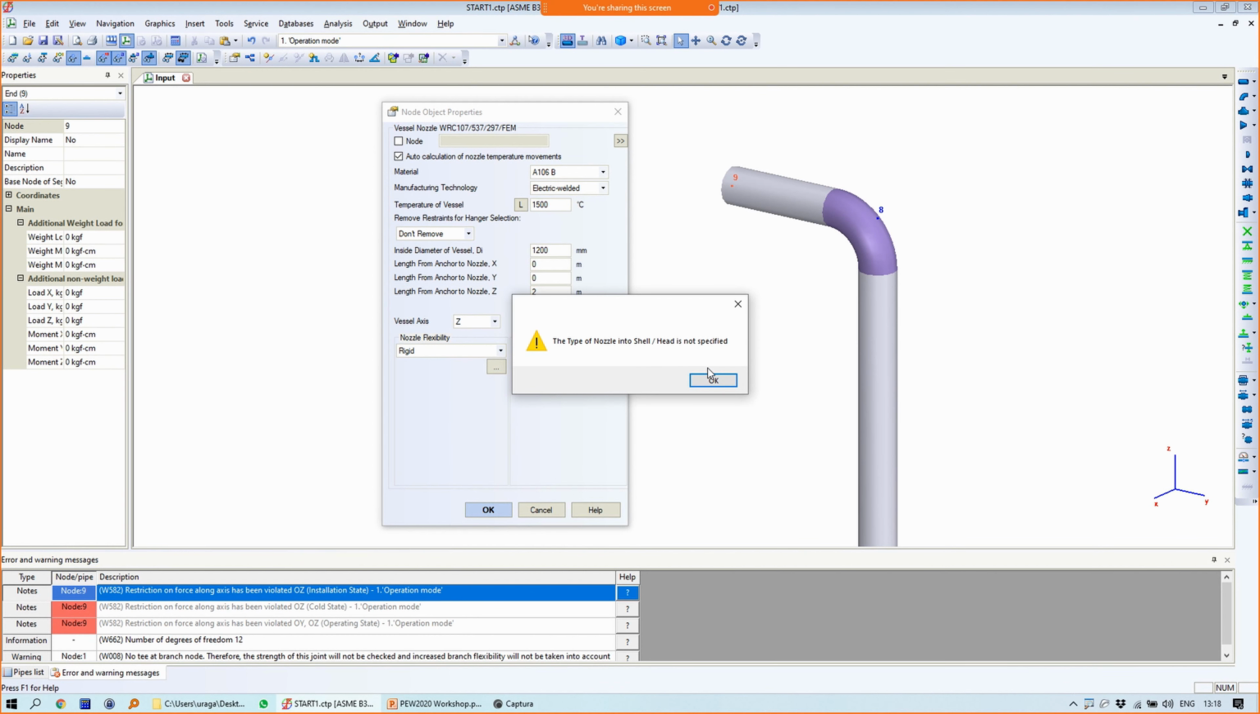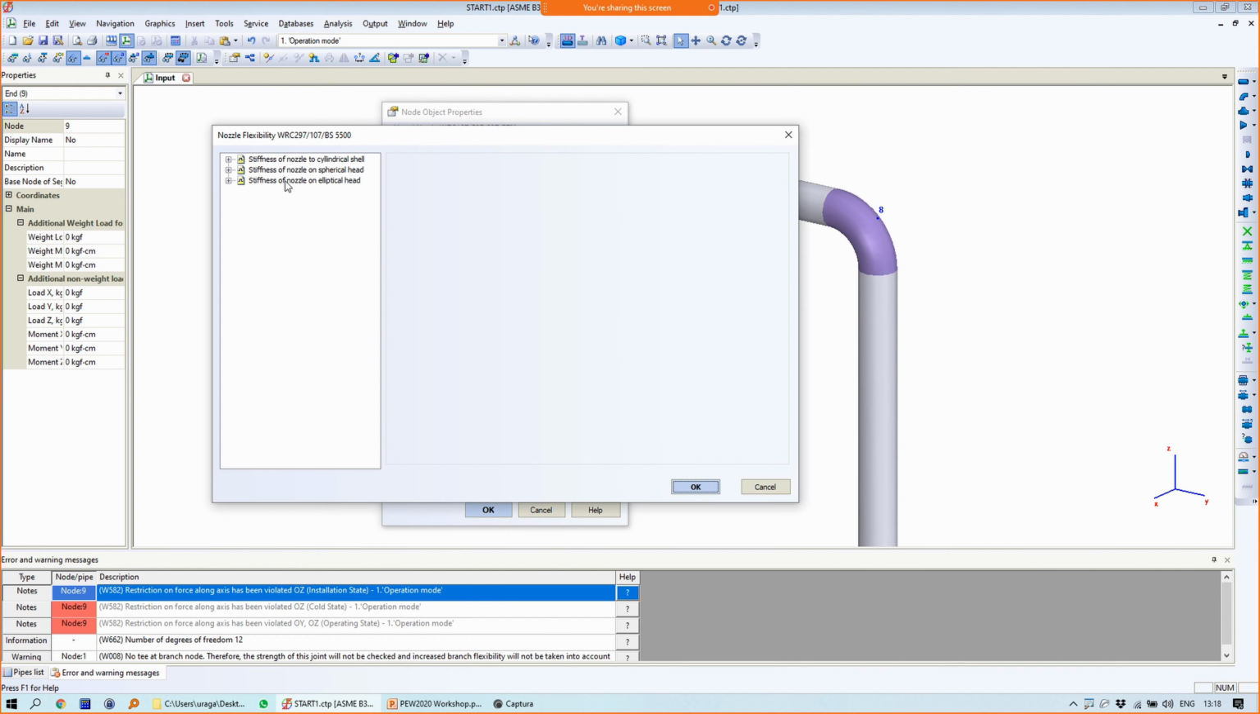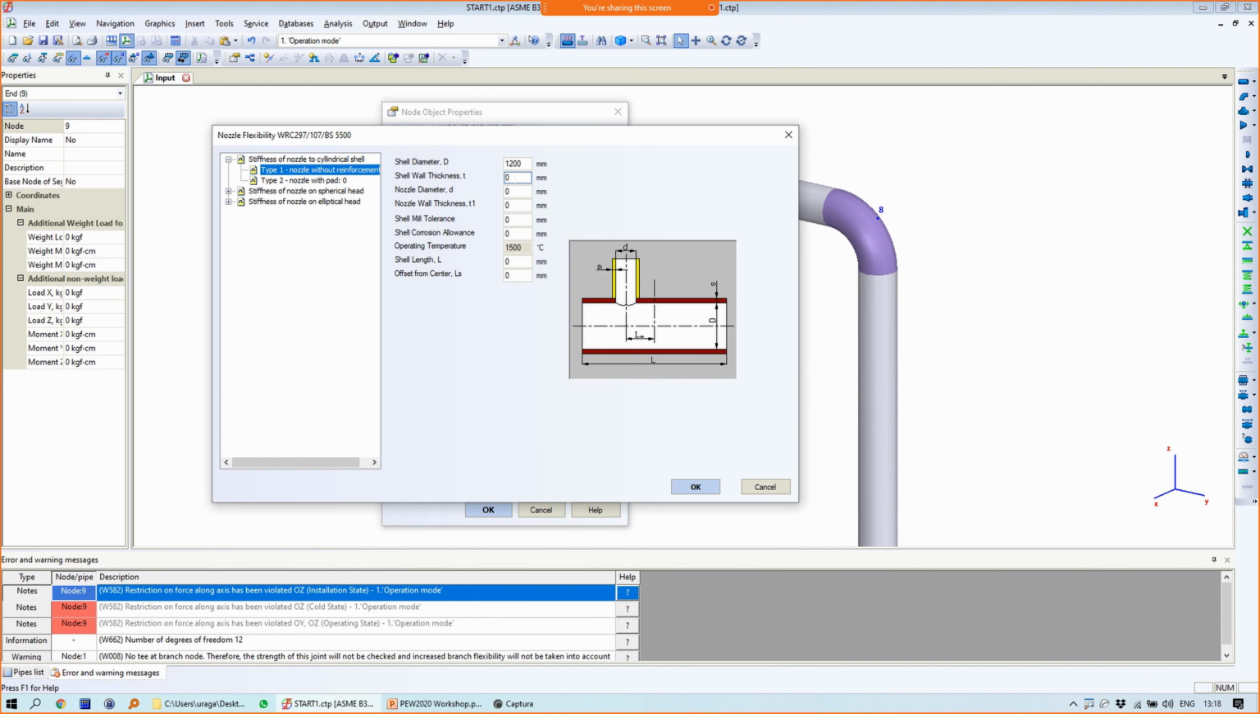Okay, now let me specify the vessel parameters. The diameter is 1,200 millimeters, wall thickness 14 millimeters,